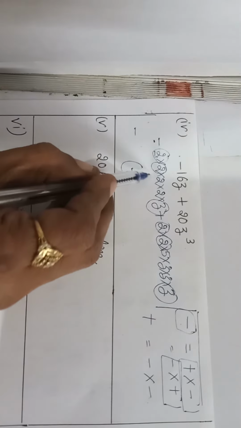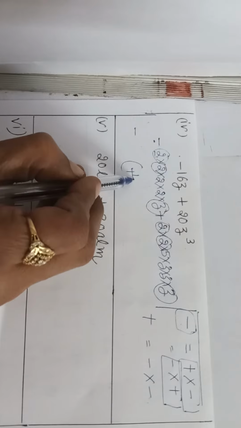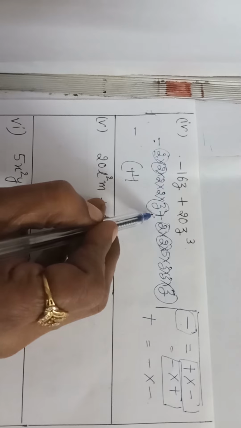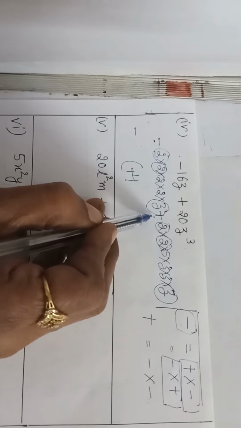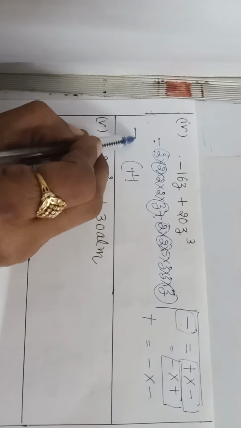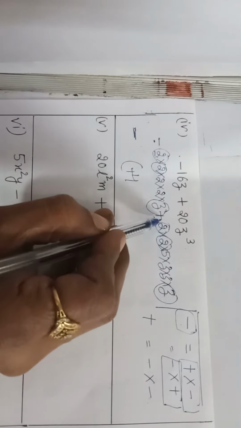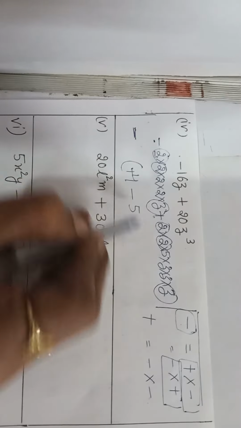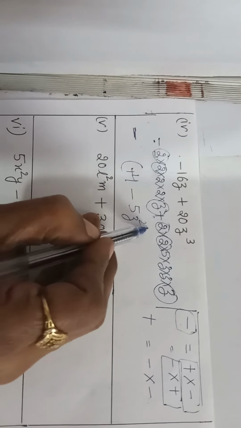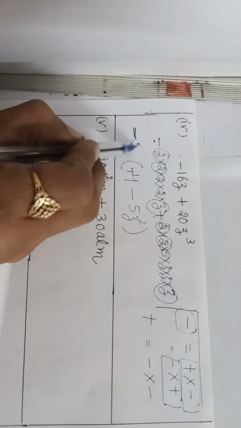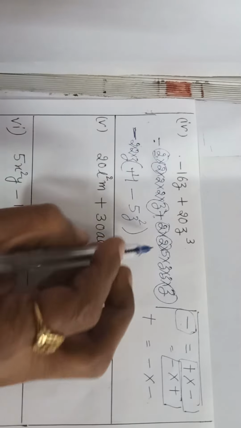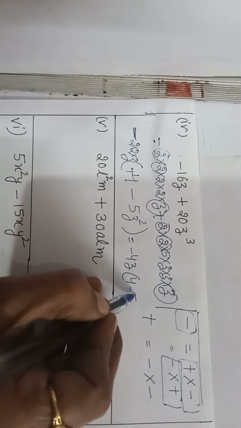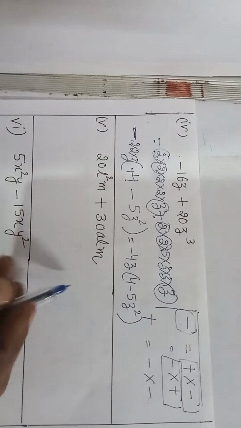So here what is left? 2 into 2, 4. Now it is plus. प्लस means I already told you, प्लस के अंदर दो माइनस छुपे होते हैं. अगर हमने एक माइनस बाहर ले लिया common, yes this minus we have taken common, so what is left here, minus. दो 2 हमने ले लिए, so what is left here, 5. 2 times z means z square. So what we have taken common, 2 into 2 into z. So what is left here, minus 4z into 4 minus 5z square. These are our two factors.